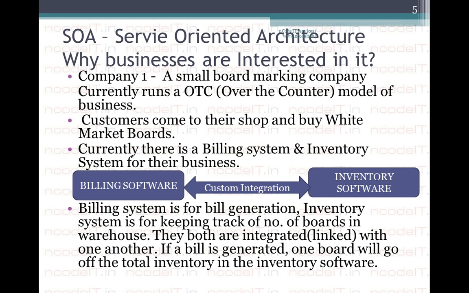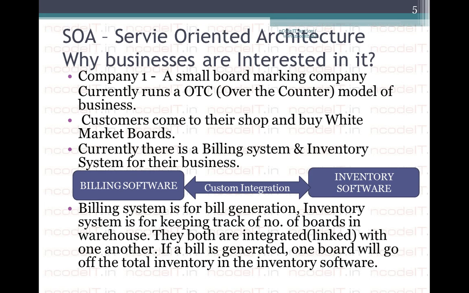Now if you see the blue boxes on the screen, he has two softwares. One is billing software, where you can generate the bill on the counter and give it to the customer. There is another software, inventory software, on the right side. The inventory software connects to the warehouse or the godown, where it shows how many boards are there, what types of boards are there. Basically that gives him an idea of when new stock has to be purchased,